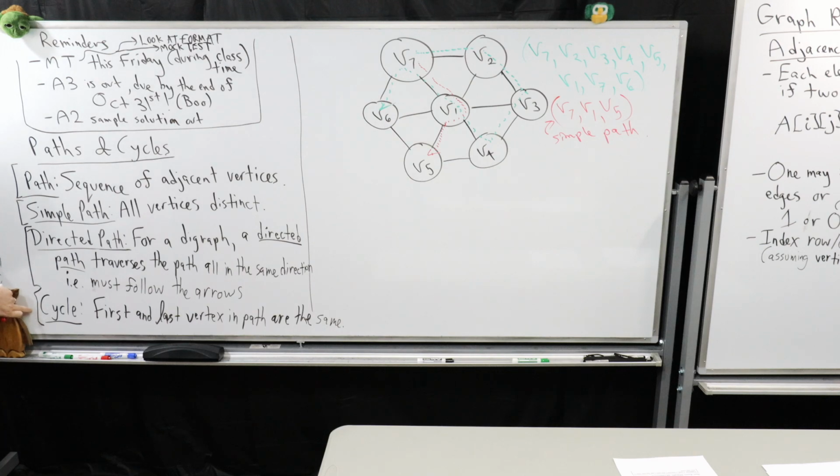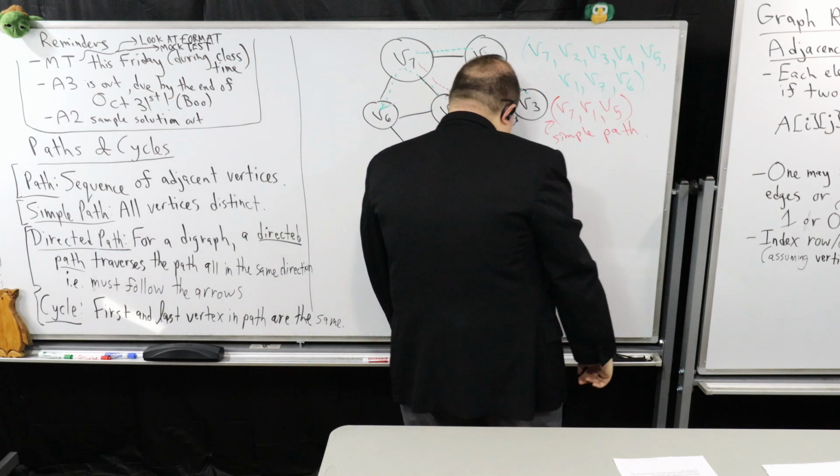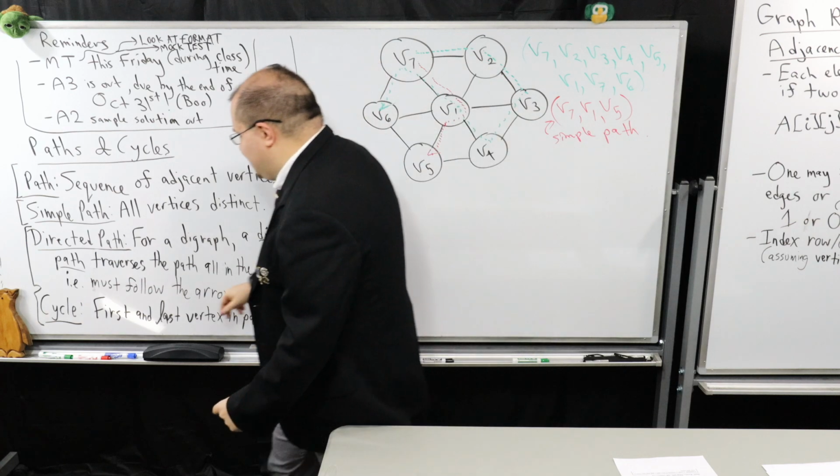And lastly, one very important one is that sometimes we want to describe a path for which there's something called a cycle. So just as an example,